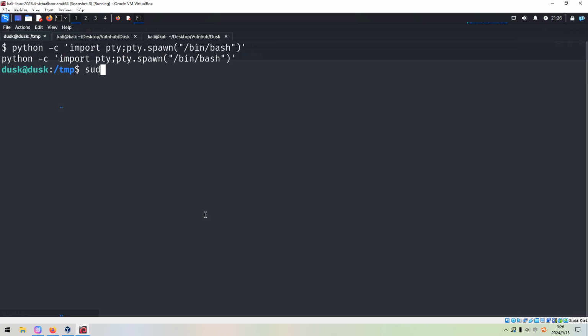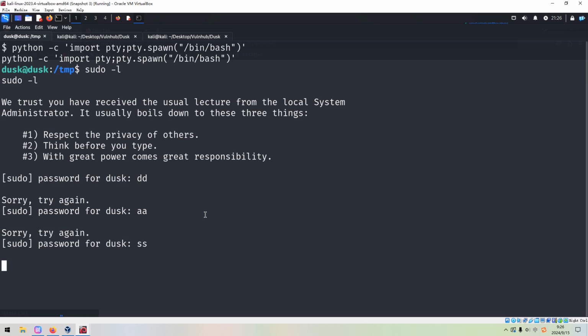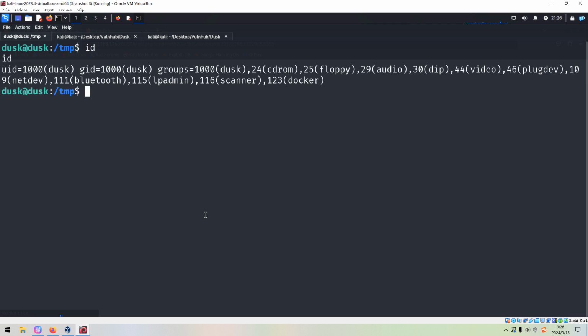And next we can try to run sudo, but we do not have the password for this user dask. So we just try 3 attempts. So what to do? And we need to check the ID. This user dask is a member of the docker group.